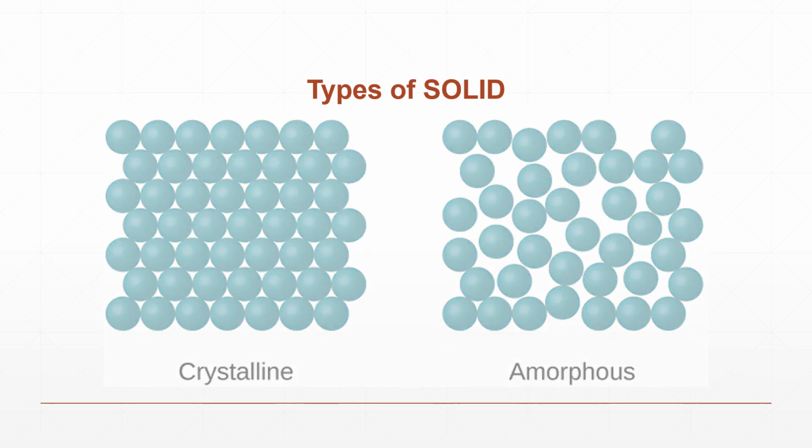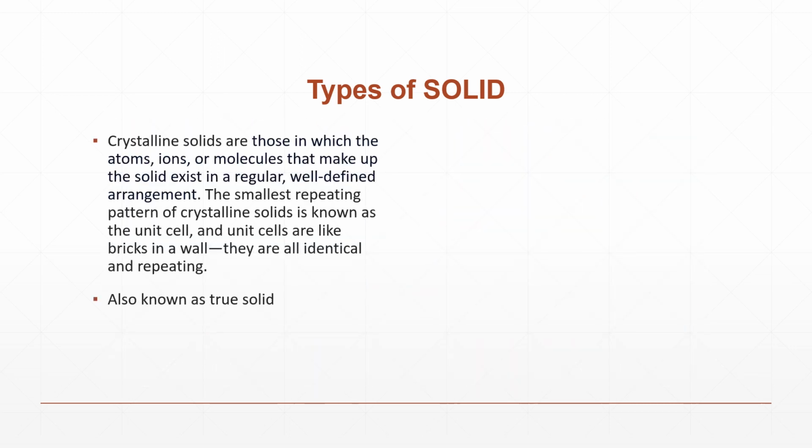First of all, crystalline solids are those solids which have atoms, ions or molecules arranged in a regular, definite pattern. The small repeating pattern of a crystalline solid is called the unit cell. Crystalline solids basically have a repeating pattern in a proper arrangement, like if there is a